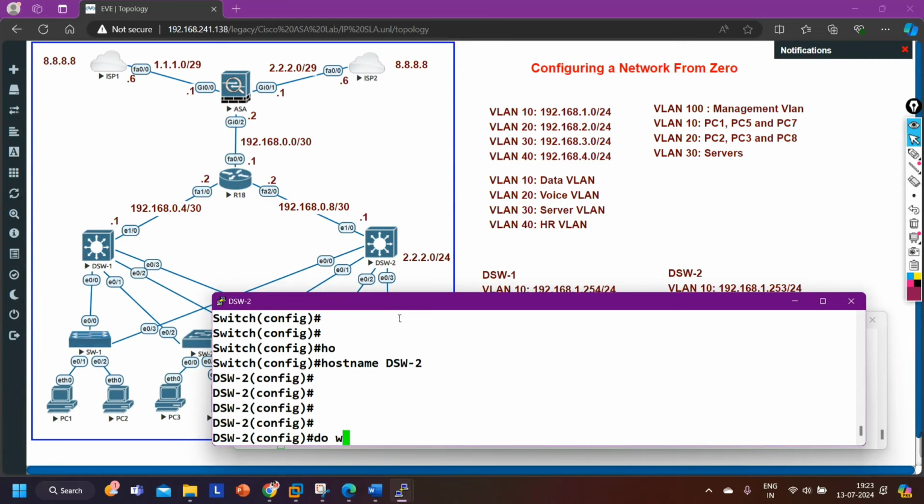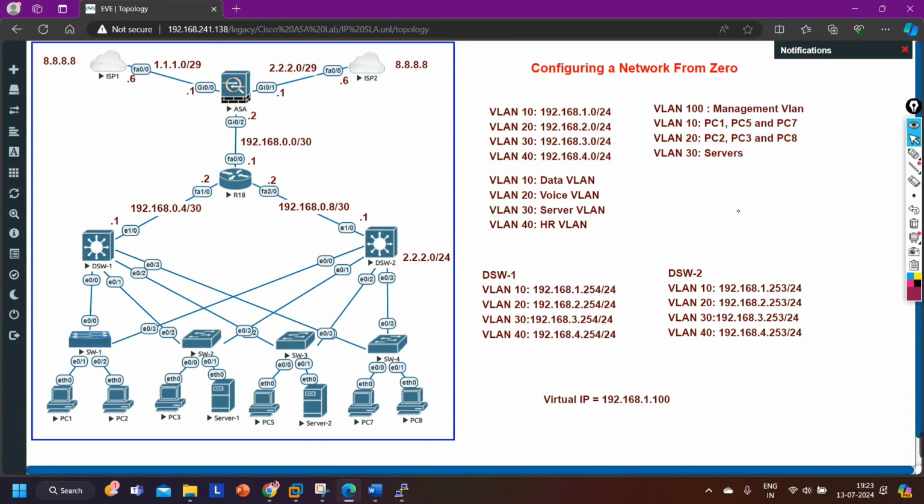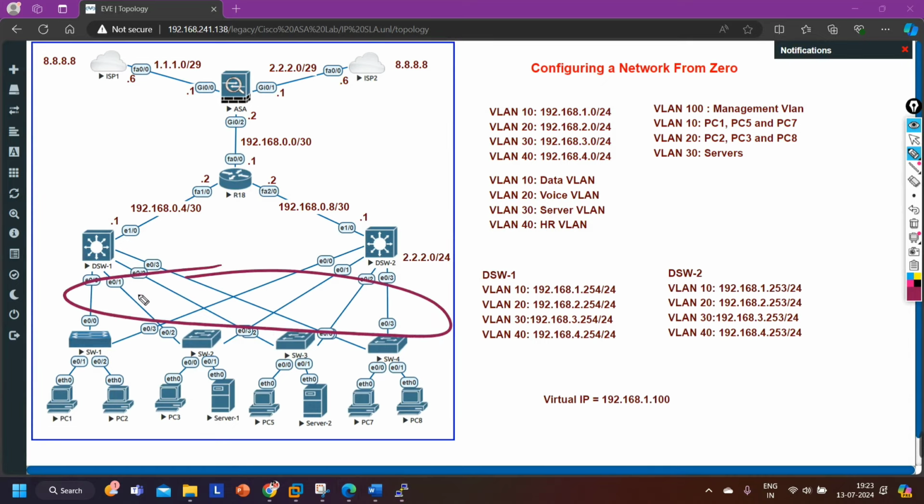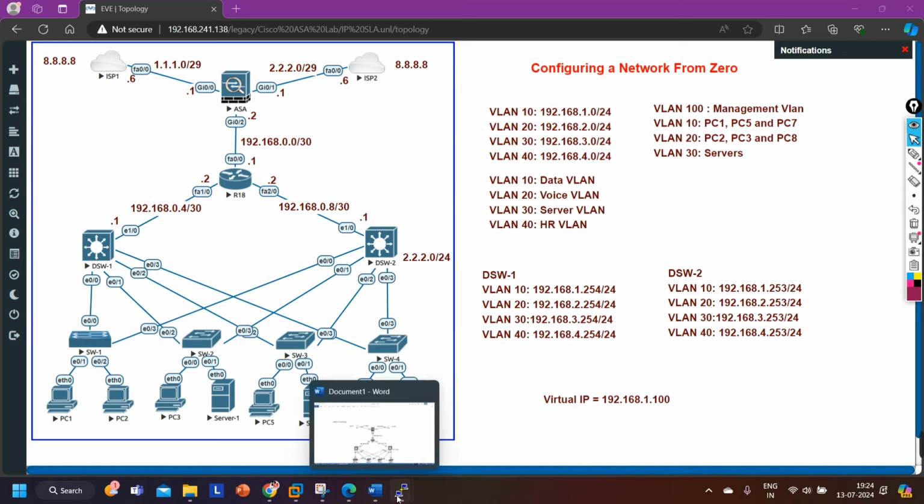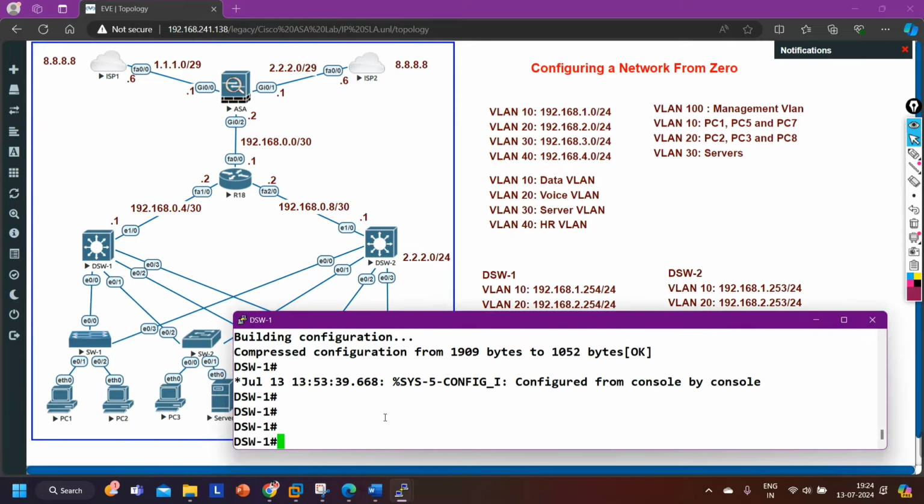Right. Now what I need to do on the distribution layer switches, guys, is configure these links, right? The links between switches should be trunk, so that the access layer switch can forward traffic to the distribution layer switch. So let me configure the DTP protocol on the distribution layer switch. So let me take you to distribution layer switch 1